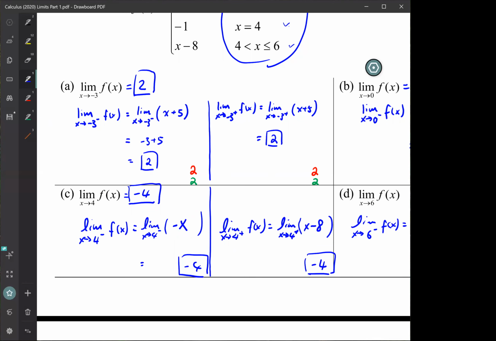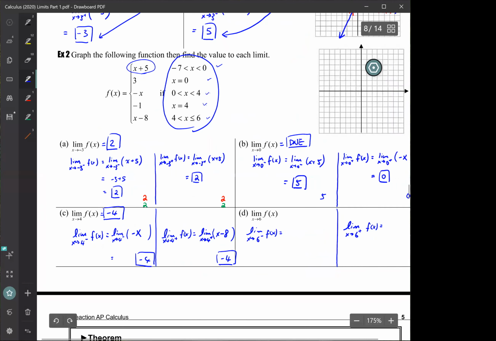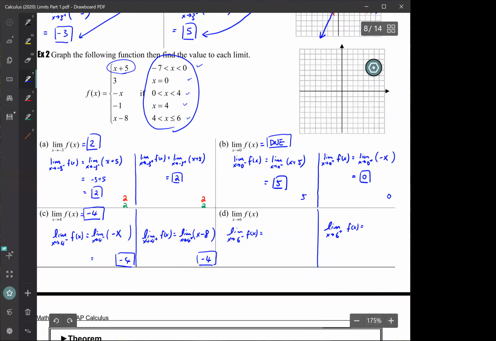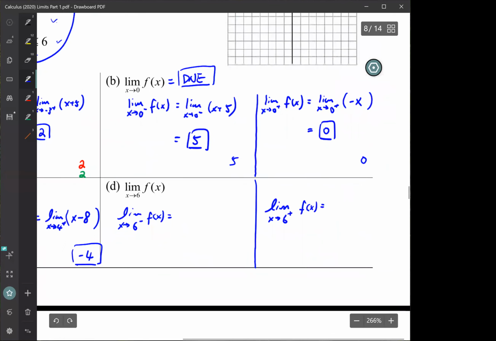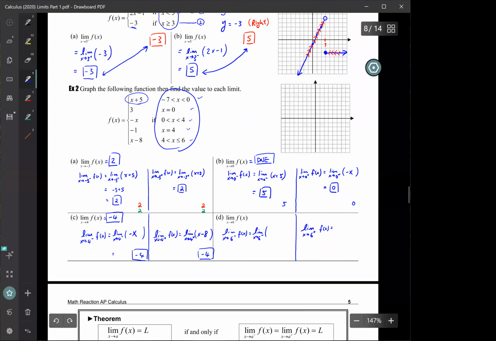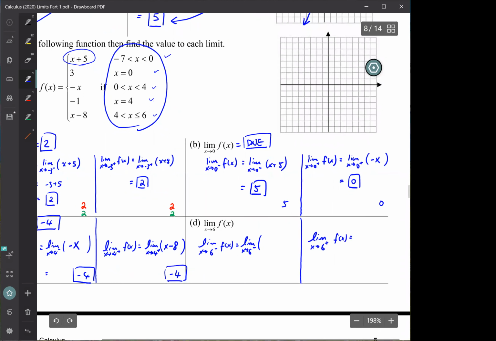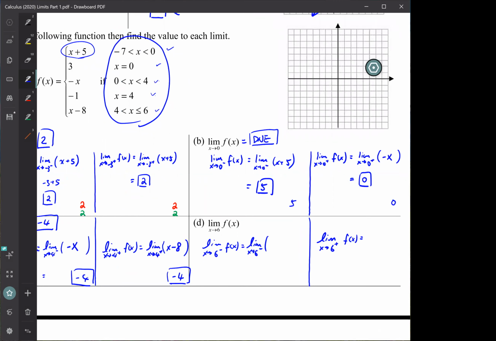Emily, do you have questions? You haven't raised your hand yet. Emily? I'm just trying to figure out D, but other than that, I'm fine. Okay, the other two you're fine. Okay, let's go through D with you then. For the left side of 6, what's the function that you picked? I didn't pick one. Okay. Then how come? You don't know how to pick, or